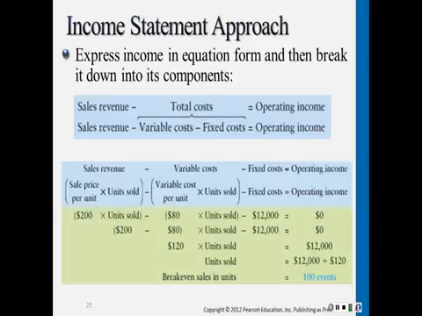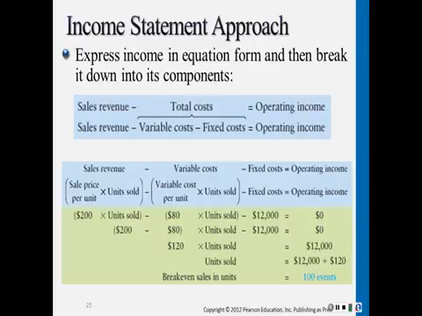In the income statement approach, we start by expressing income in equation form and then break it down into its components. Sales revenue minus total costs equal operating income. Sales revenue minus variable costs minus fixed costs equals operating income. Sale price per unit times units sold, minus variable cost per unit times units sold, minus fixed cost is equal